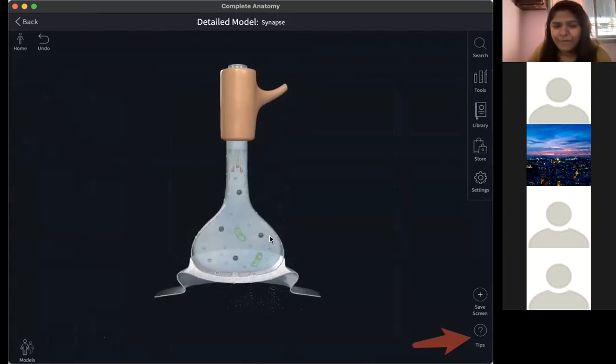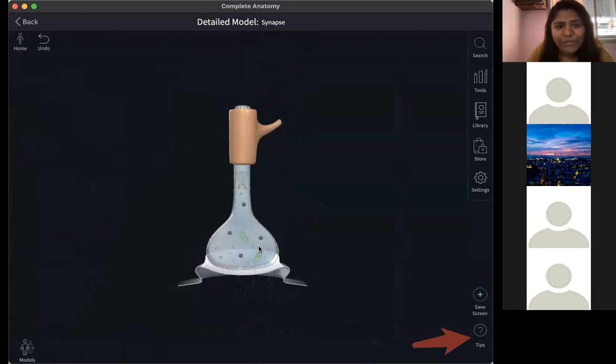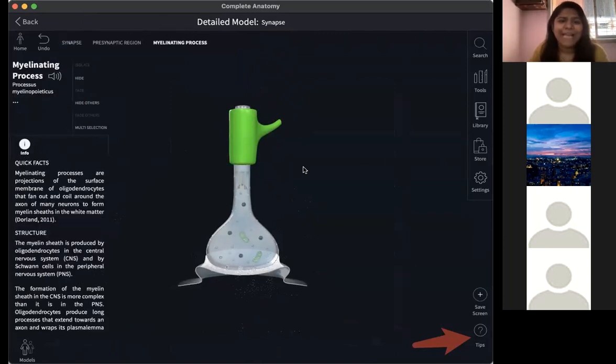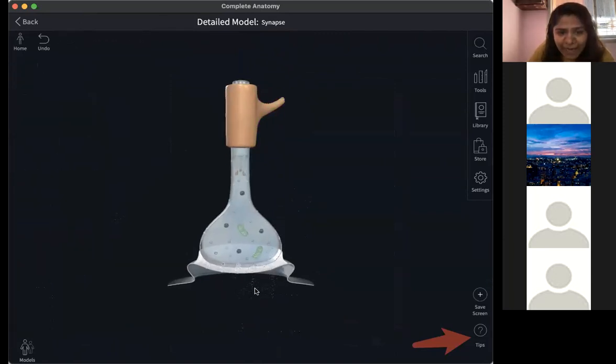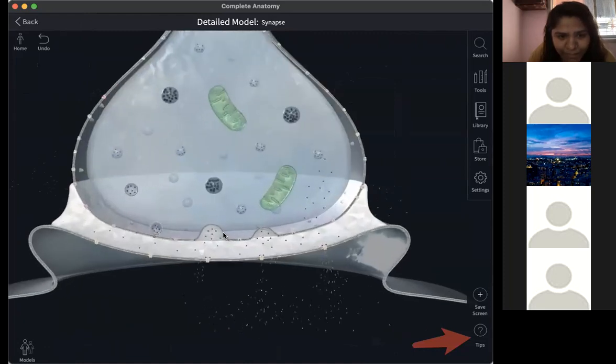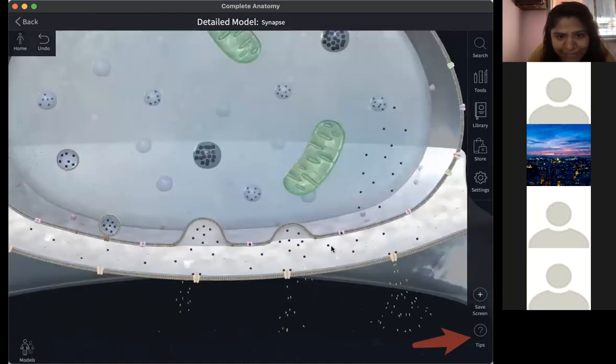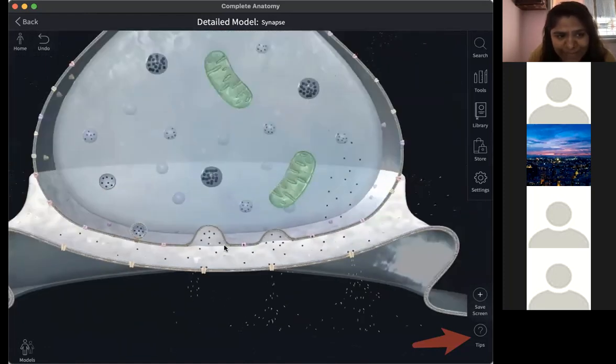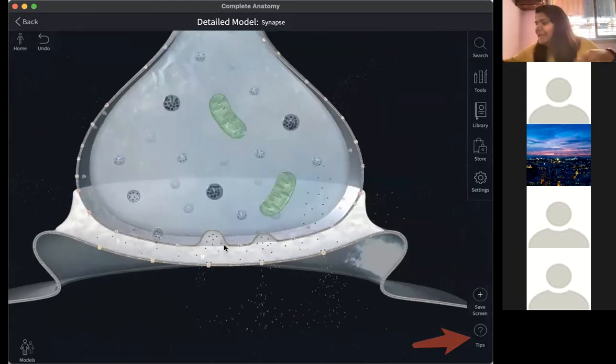All right, just give me one second. Now what you see over here is called a synapse. I'm going to take you to a part where this entire region, do you see there are these bulbs on top over here like this, and then these two parts are in touch with each other? For example, if I have this part here and my finger fits right between this gap, this happens to be the terminal end of my neuron.